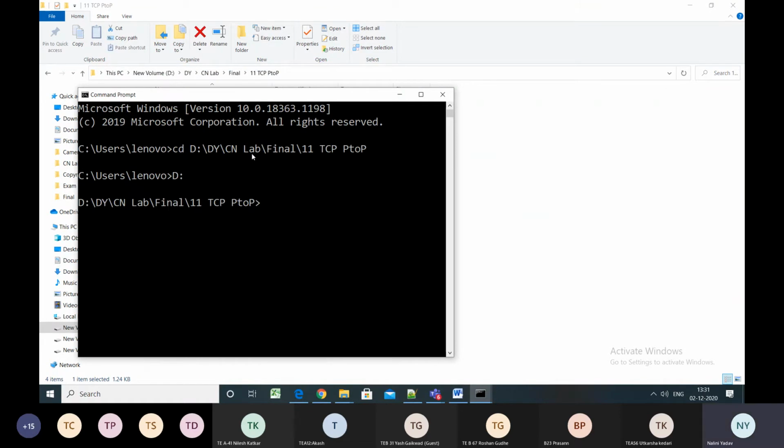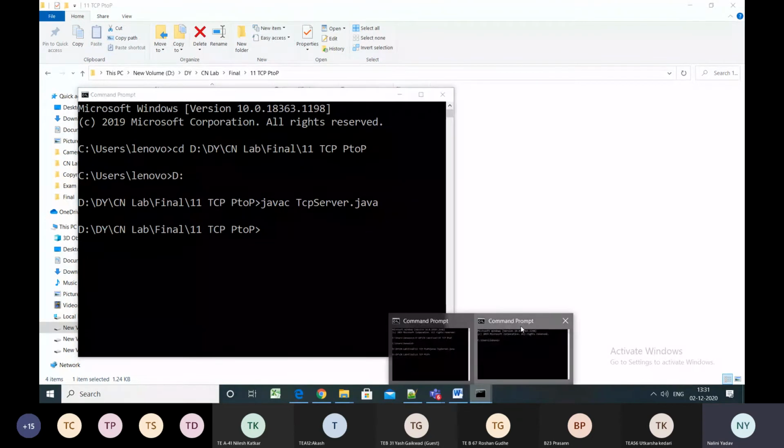Here is my code, and I will be compiling the code: javac TCPServer.java. So my compilation is successful. My server code is compiled successfully.